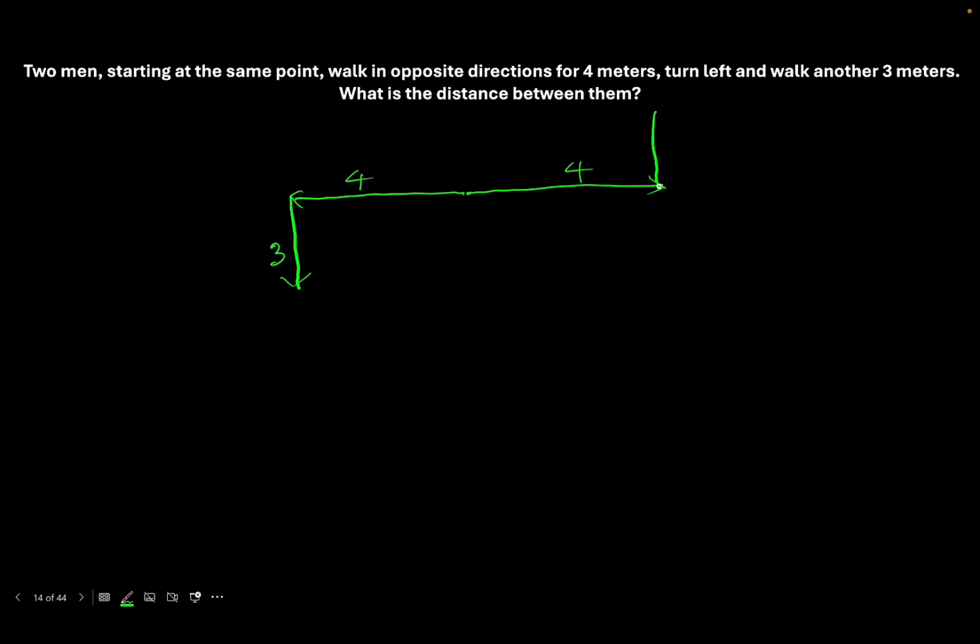He also turned left and walked 3 meters. So we need to find this distance, this total distance. As this is a right triangle, it will be 90 degrees, and this will also be 90 degrees. So if we apply the Pythagorean formula, if we consider this as A and this B, then